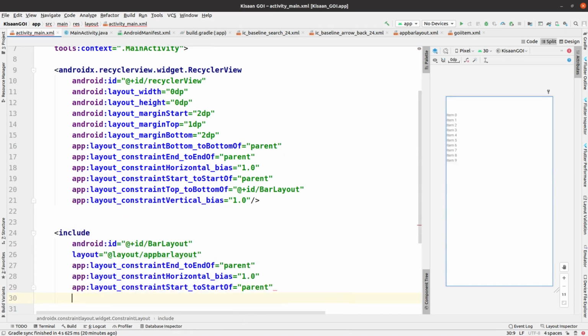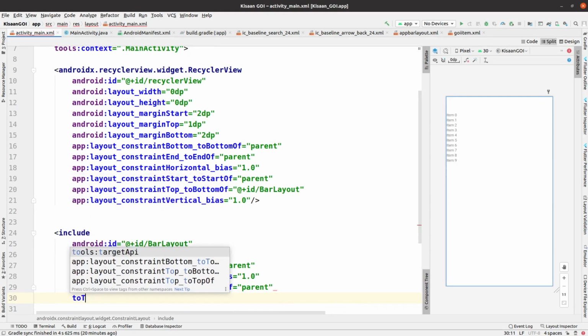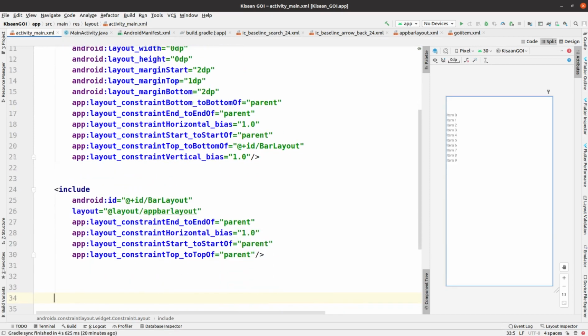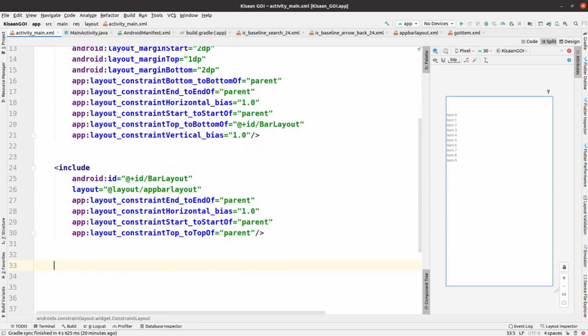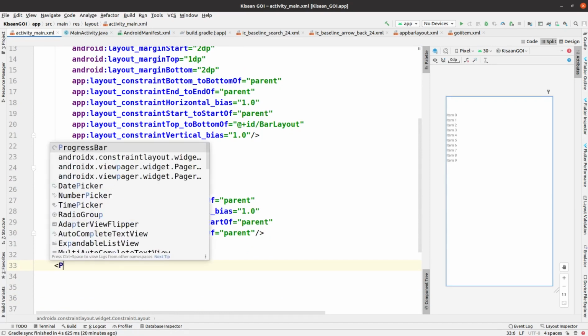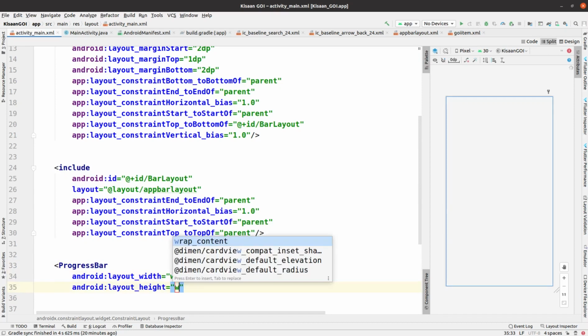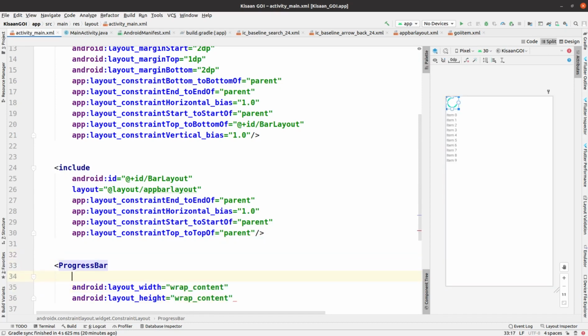Start to start of is also given as parent. One more property is top to top of, which is also given as parent, and this is the end of this include.